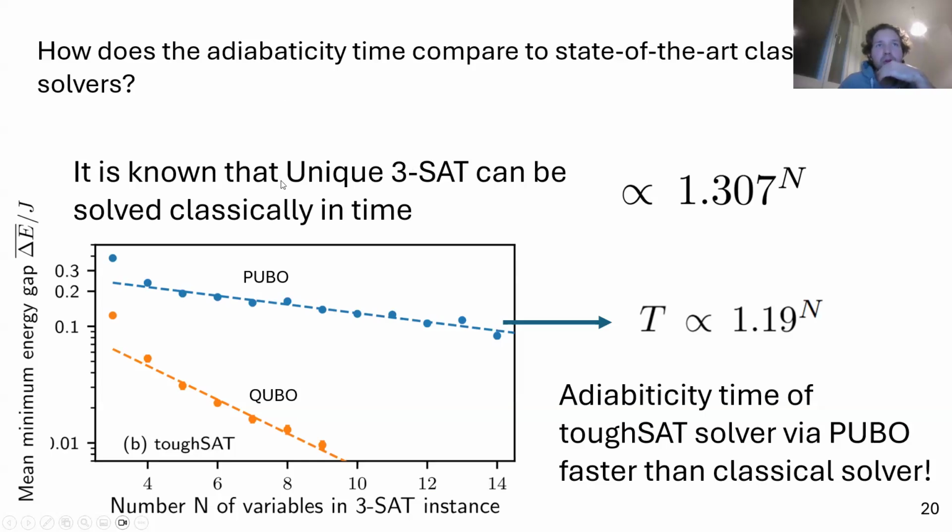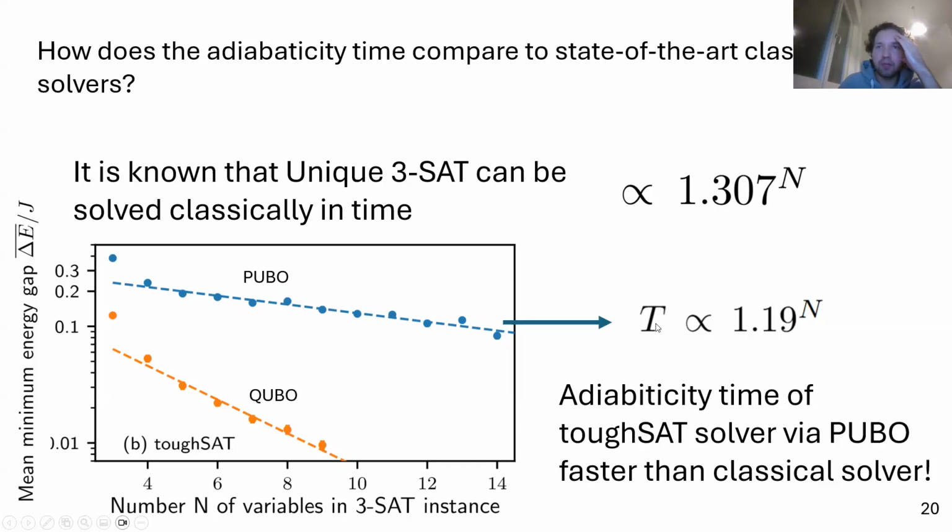And it is generally known that unique 3-SAT can always be solved in around 1.3 to the n time. But if we look at the adiabaticity time that we observed for PUBO for these tough SAT instances, we actually find an adiabaticity time which scales better, with 1.19 to the n. But okay, this looks promising, but it has to be taken with a very large grain of salt,